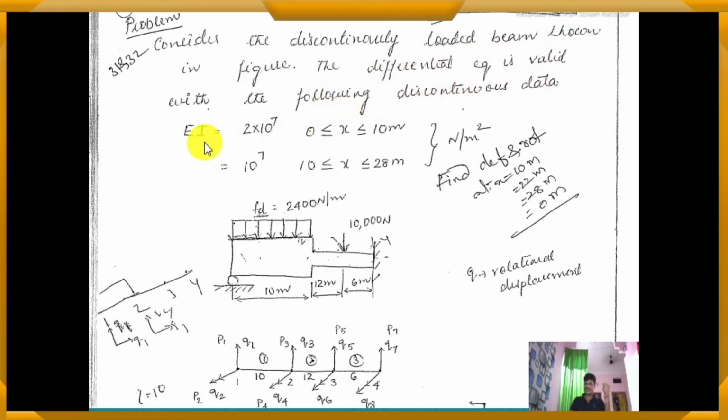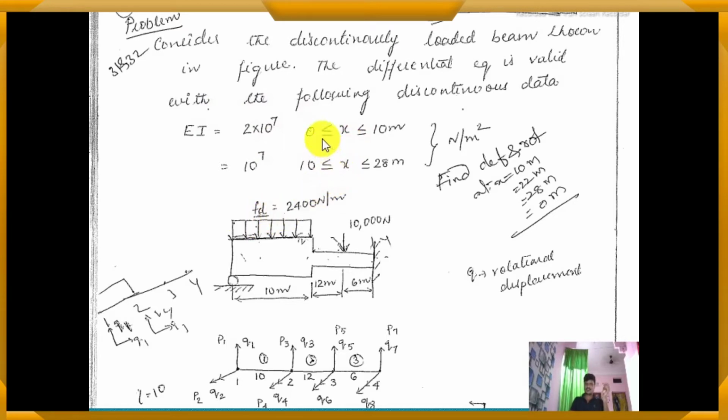EI is equal to 2 into 10 power of 7 where 0 less than or equal to x less than or equal to 10 meter. Again 10 power of 7 when 10 less than or equal to x and less than or equal to 27. It means that the value of EI will be taken as 2 into 10 power of 7 when x, the length of the element,